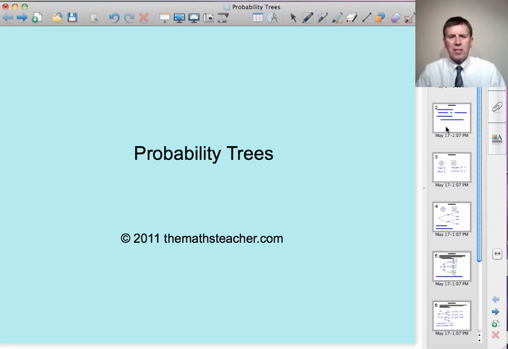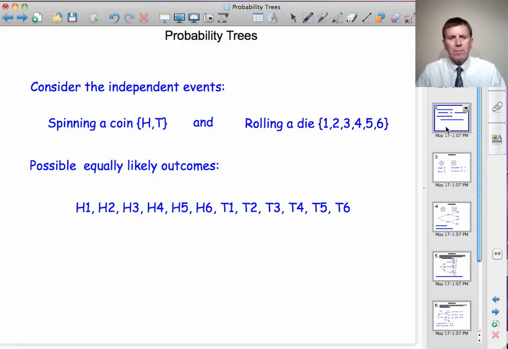Hello and welcome to a lesson on probability trees. This lesson is aimed at higher tier GCSE, but it can also be useful if you're doing a statistics module in A-level Maths. To begin then, let's consider the independent events spinning a coin when we can get a head